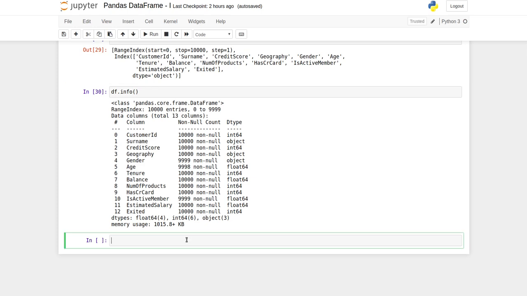So from this you can understand the overall, or I can say a small knowledge of your data: that there are some null values in the data, how many rows or how many records are present in our data, and what are the data types of the columns. So it's a kind of small information about the data.